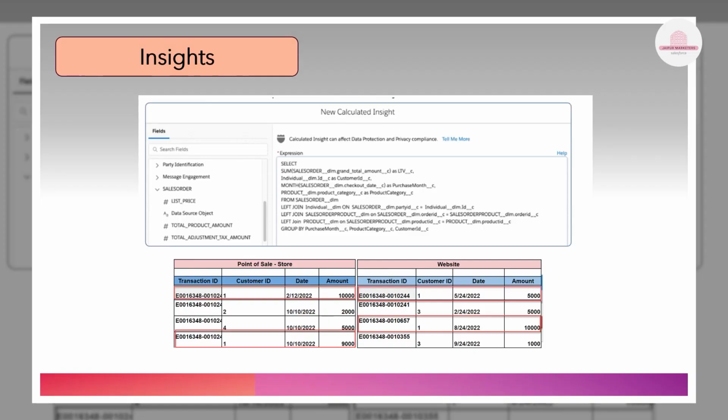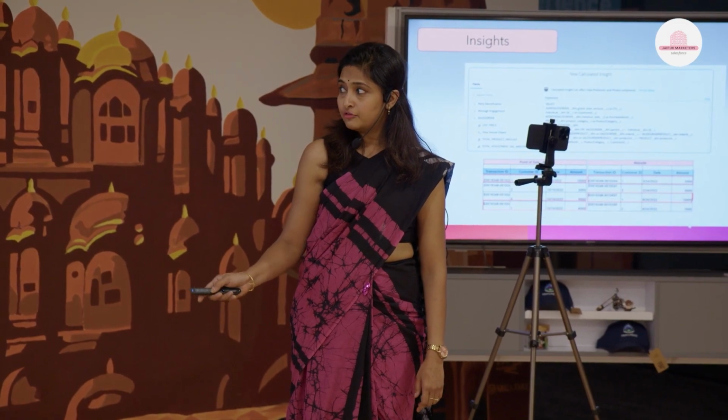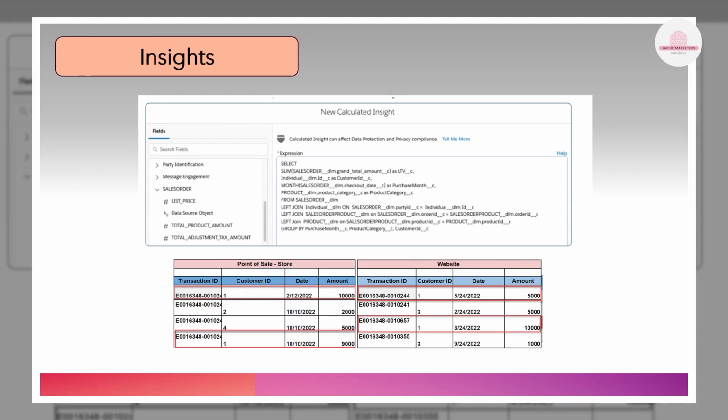Okay? So if you can see on the left hand side, this table is storing the transaction data of Jaren or other customers from the store. And on the right hand side, this table is storing the transaction data of customers from the website. This is the reason why Jaren was not able to get the discount. Here the transaction amount of Jaren shown is only 19,000 and on the website it is only 15,000. The highlighted ones are Jaren's records.